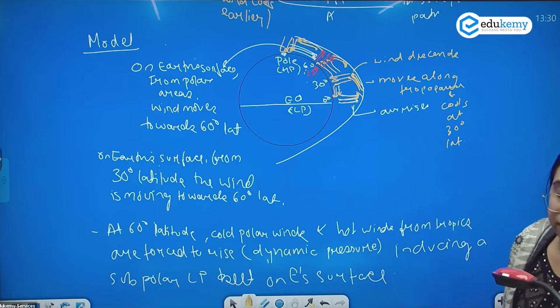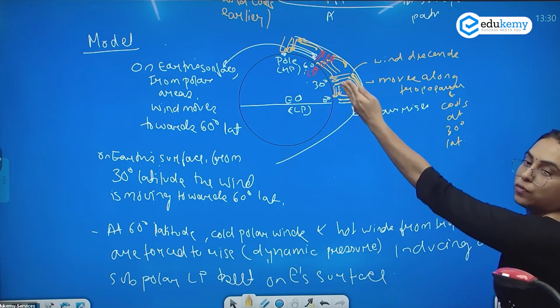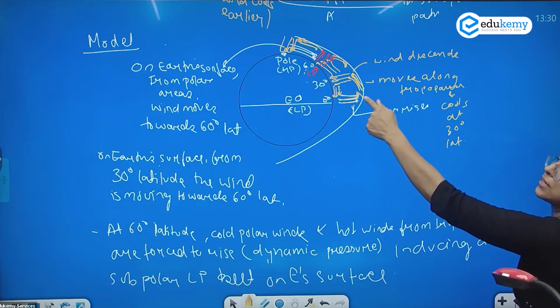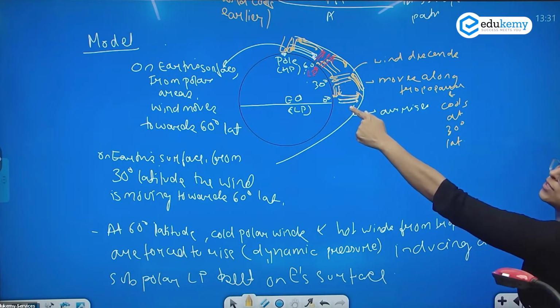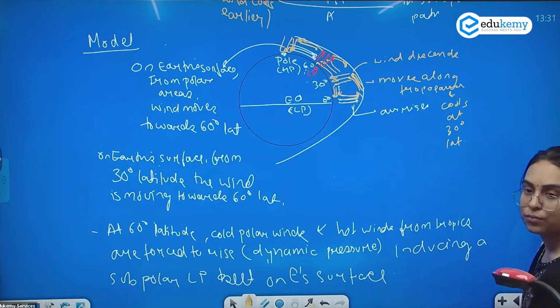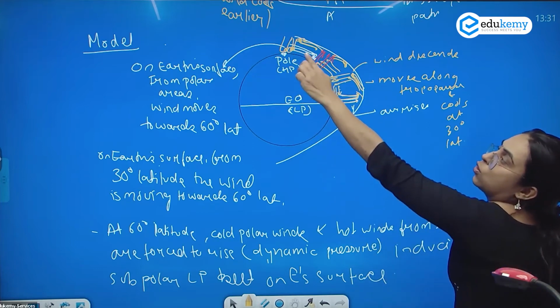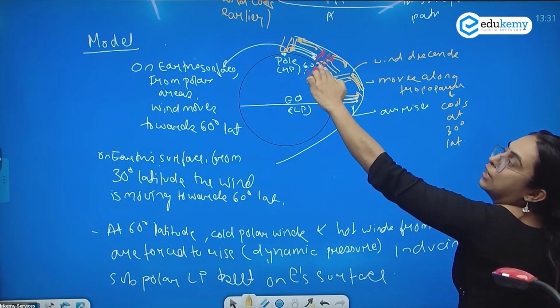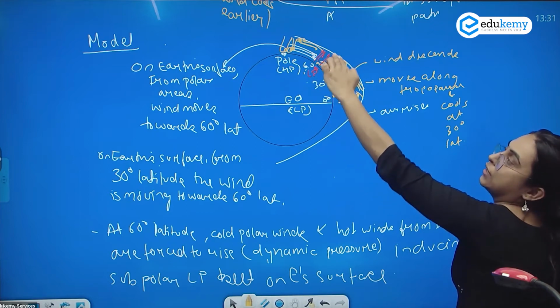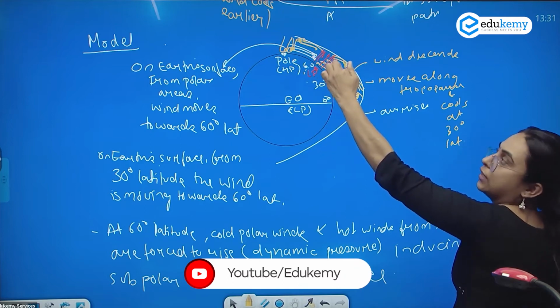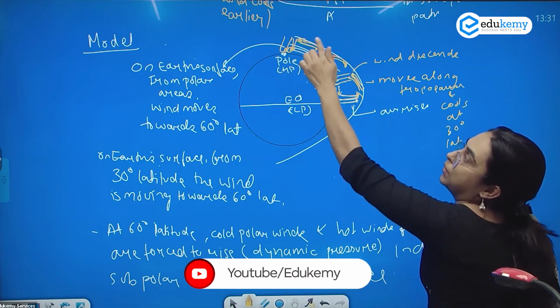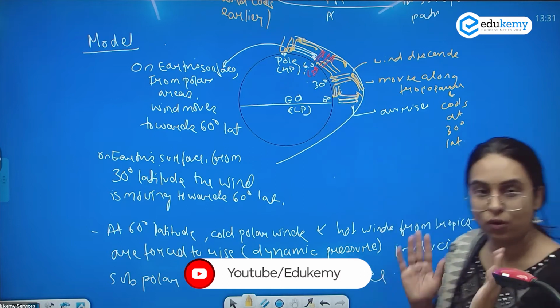I'll just repeat. The wind from the equator is rising. As it rises, it reaches the tropopause, it moves towards the tropic region. As it reaches 30 degree, it cools. One section moves towards the equator, the other section moves towards the subpolar regions. From the poles, cold wind is coming. Both of them are dynamically forced to rise. Here, therefore, you have the low pressure. As it reaches the tropopause, one section moves towards the polar areas, one section moves towards 30 degree. Again it descends, completing these three cells.